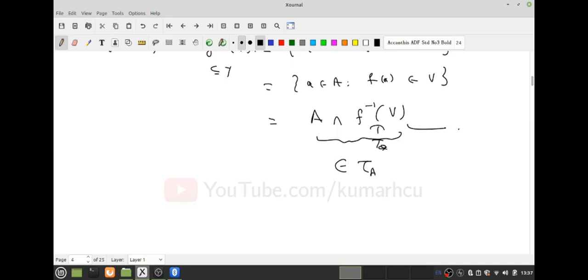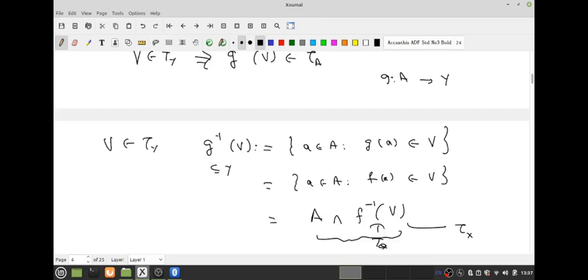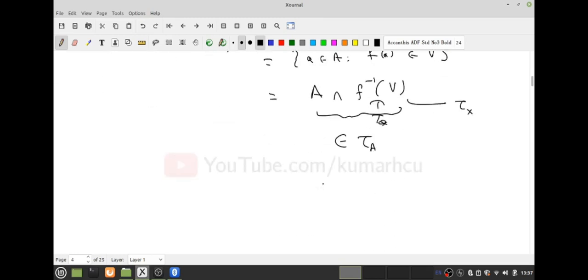Okay, this belongs to tau of X. Therefore, what have I shown? I have shown that G inverse of V is in tau of A. For any arbitrary open set V in Y, G inverse of V is open in the subspace topology of A. So therefore, we conclude the restriction